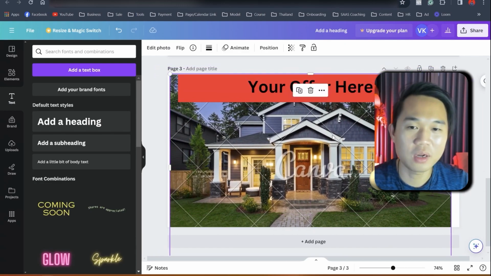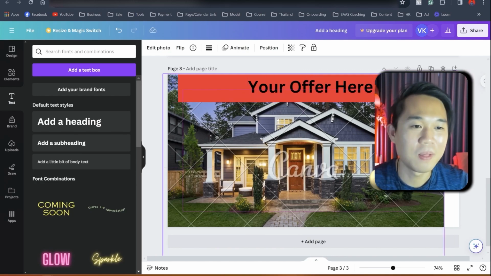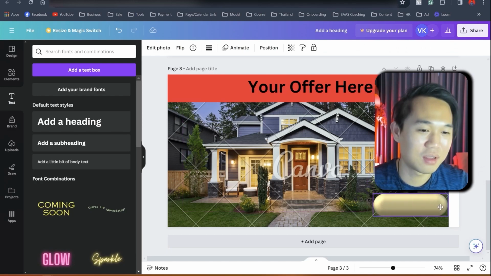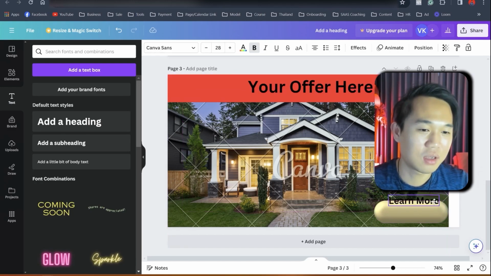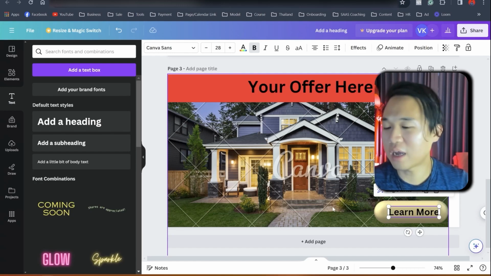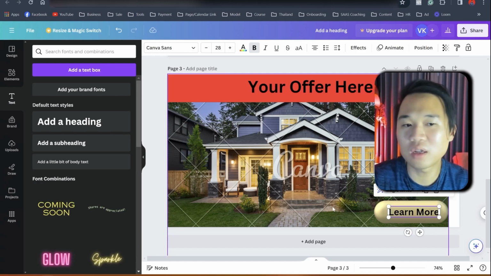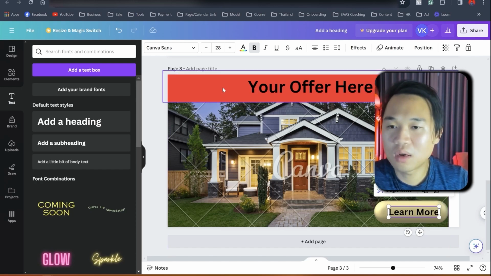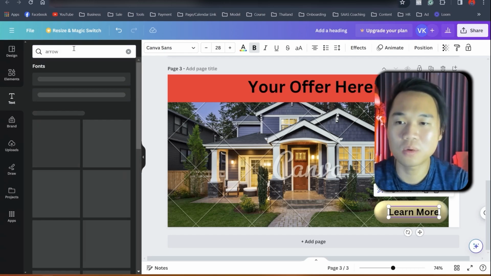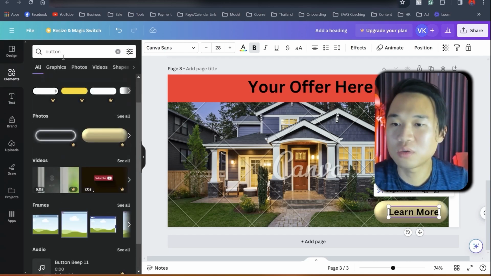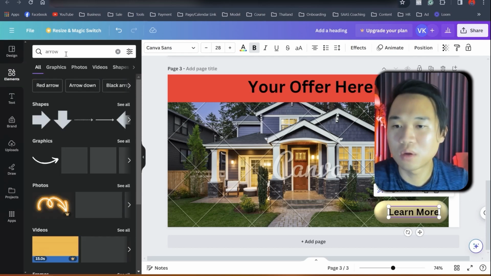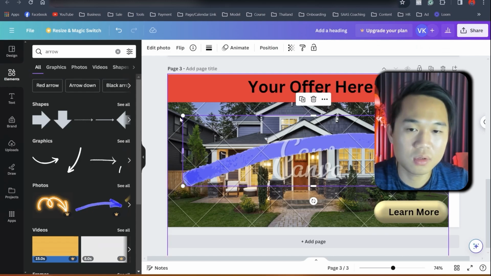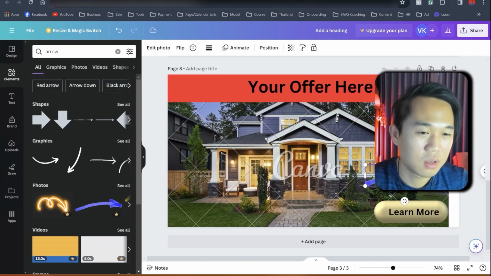What? This is why I don't do this anymore. I'm not really that good at this, guys. I'm really just doing it for you. I just do this, and I know if this appears on Facebook, it's probably on the bottom right hand side. I would just go to arrow. Whoopsie, it should be on element. Arrow, and I'll probably get this arrow and just like,